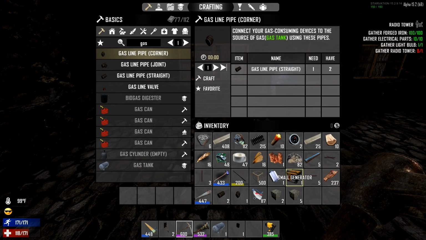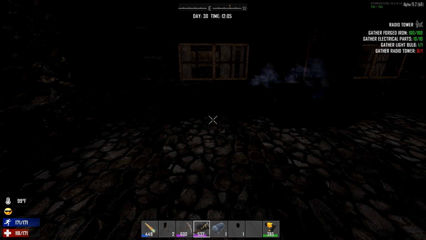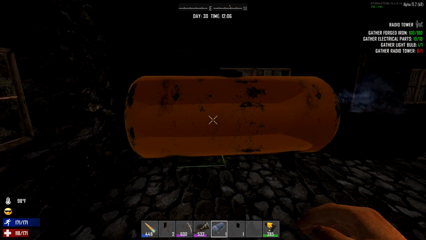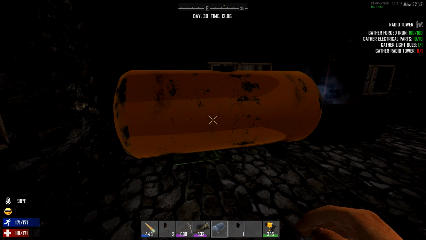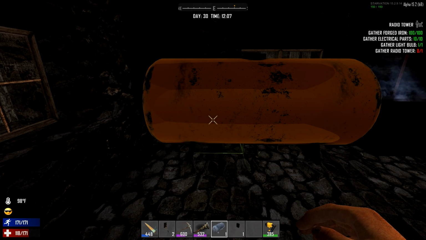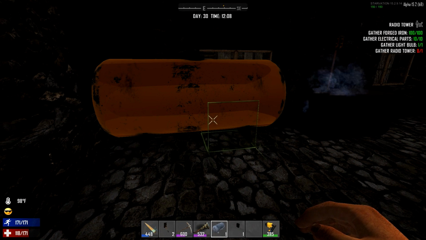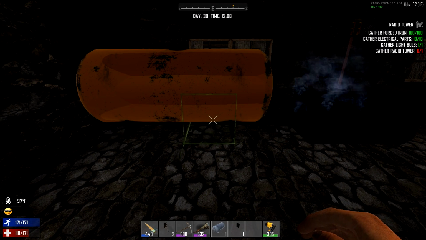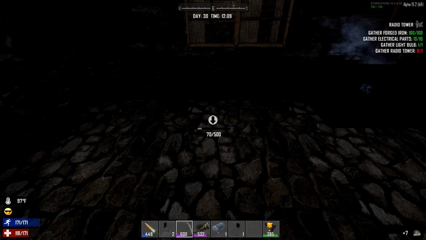So gas, where are you? Here you are. So this thing is pretty big. So we gotta kind of make room for it. So essentially, if we put it this way, the block that it's going to take up is here. So you always have to take note of the block that you're placing it on, because that is the block that you then access. So let's go ahead and take out this one bit of flagstone here,